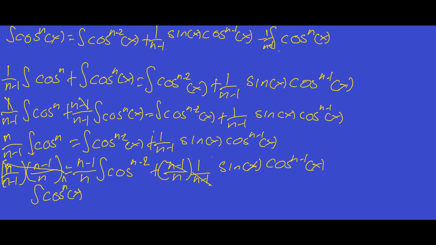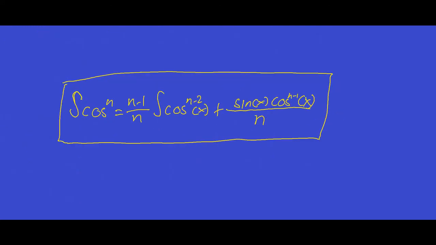So, once natapos na yan, ito yung final answer. Once na-cancel na natin lahat, ito na yung final answer. Ito na yung reduction formula. So, the integral of cosine raised to the n equals n minus 1 over n integral of cosine raised to the power n minus 2 plus sine times cosine raised to the power n minus 1 over n. So, yun yung reduction formula